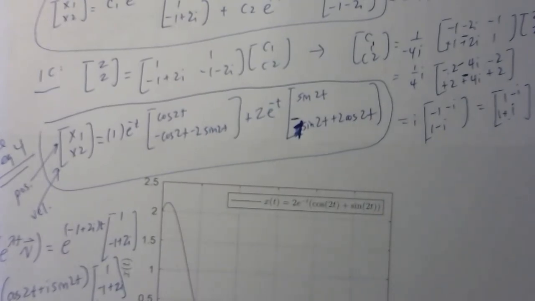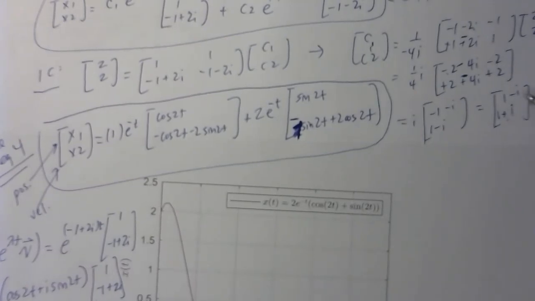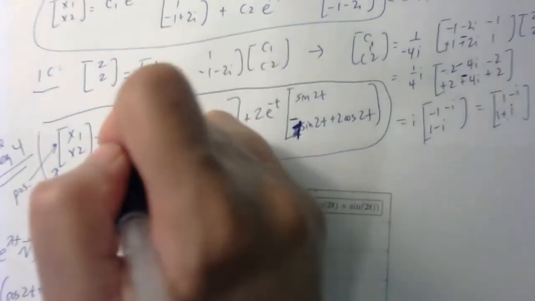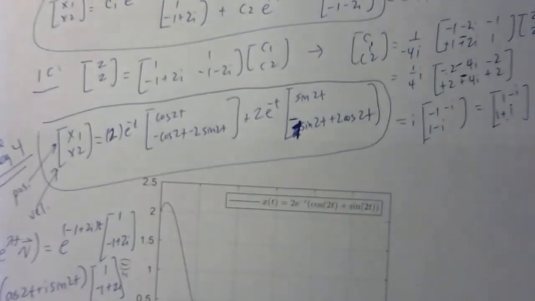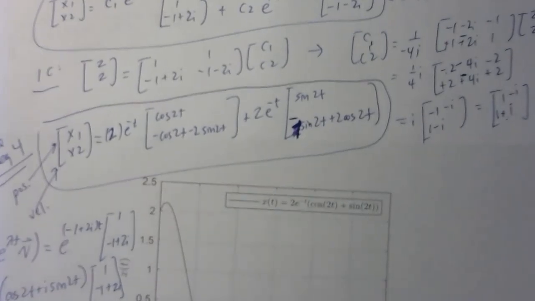And it all looks okay, except did I do C1 plus C2 right? I don't think so. C1 plus C2 is going to be 1 minus i plus 1, so it should be a 2 actually here. Okay, now we're in business. Now we have an equation. And in fact,